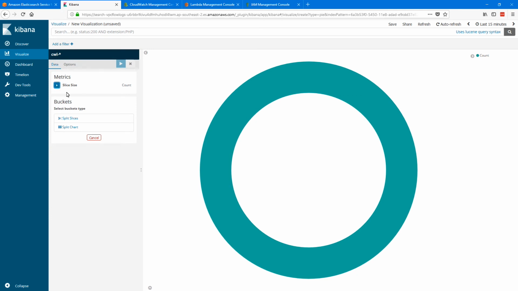Bucket defines the actual data field that should be considered for this particular chart. So by default, we don't have any bucket. Let's create one by clicking on split slices, as we want two slices, one for accept and one for reject. So first we need to select how we want to aggregate the data in our bucket. So in our case, we want to aggregate based on action field. So the option for that here is terms. Terms are nothing but fields in the Kibana console. So I'll select terms here,